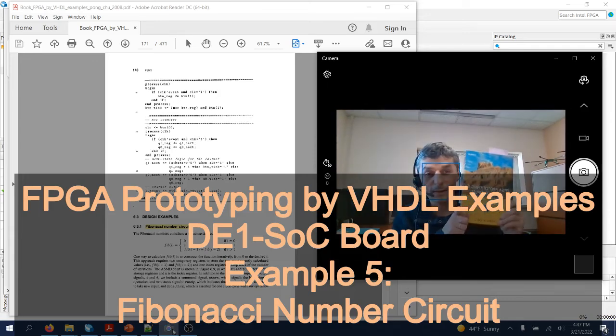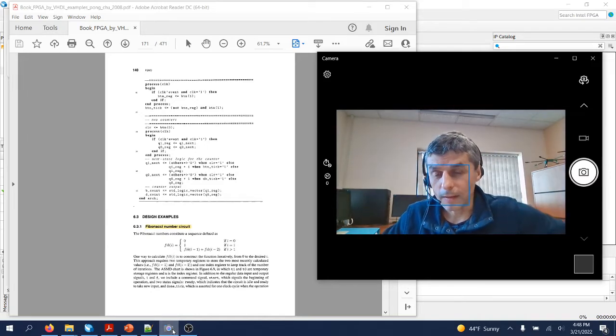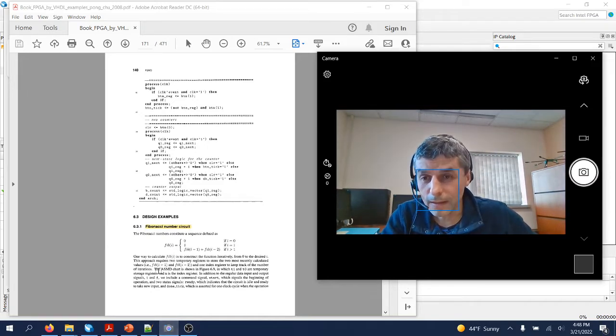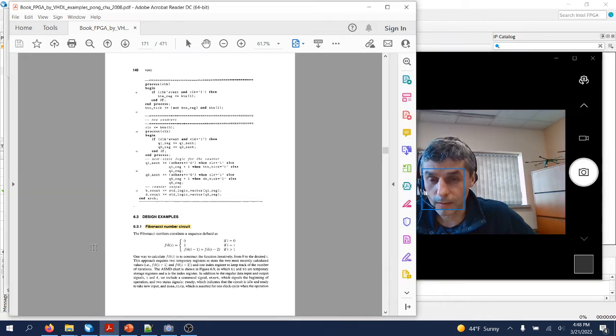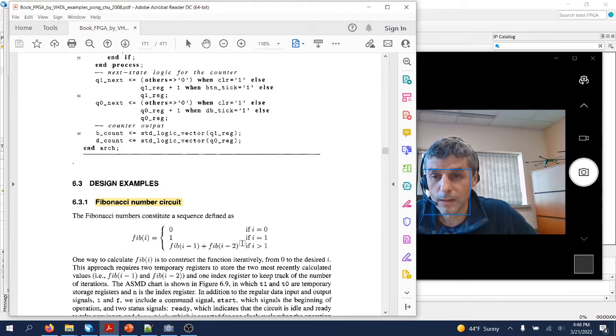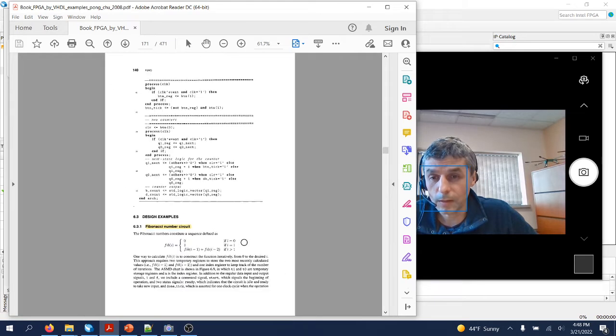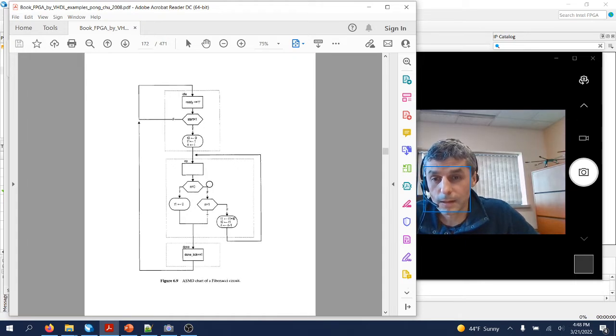Everyone, welcome back. Today we're going to do another example from this textbook. The example that we're going to look at today is the Fibonacci number circuit in section 6.3.1. As you know, this circuit would generate a sequence of numbers where the first two would be 0 and 1, and then the third, the fourth, and so on would be the summation of the previous ones according to this formula. So again, I assume that you have already read the textbook and you understood this ASMD chart for